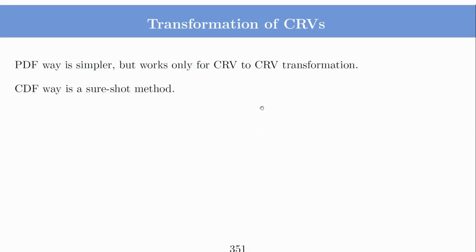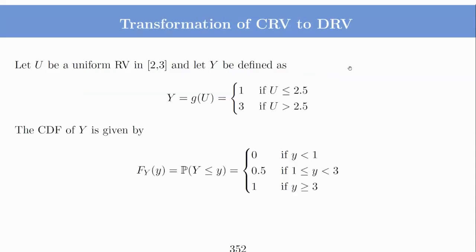Sometimes we don't even know, because the random variable can be a discrete random variable or continuous random variable, but it can also be a mixture of both. It may happen that in some places it has density and in other places it has mass. So in those cases, it's not possible to know what kind of transformed variable we would get. So we can always go with the CDF method whenever we have doubt. We will see one example.